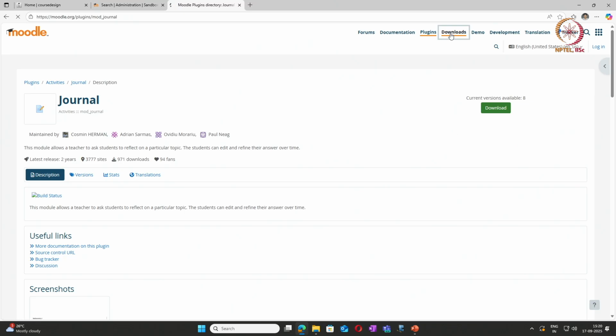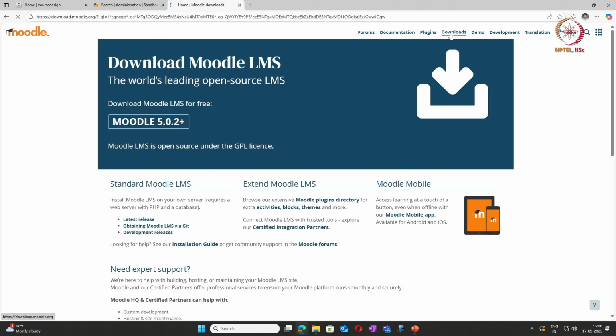Okay. Then for installing the Moodle on our institutional server, till now we had used the cloud version or online version of the Moodle to explore the features of the Moodle as a teacher, as a student, and as an admin. At the institutional level, we want to promote it to be installed and used at the college.